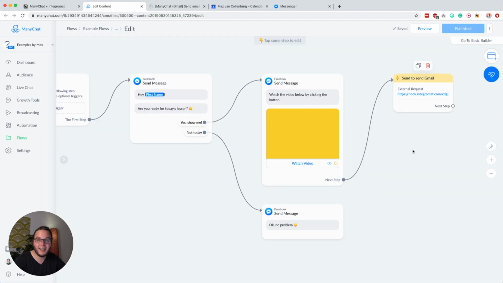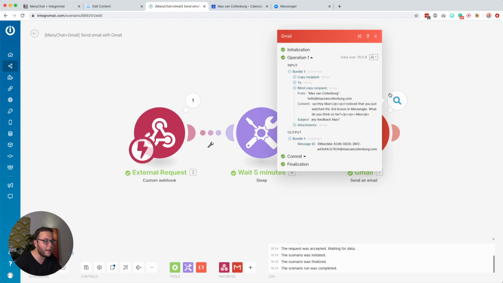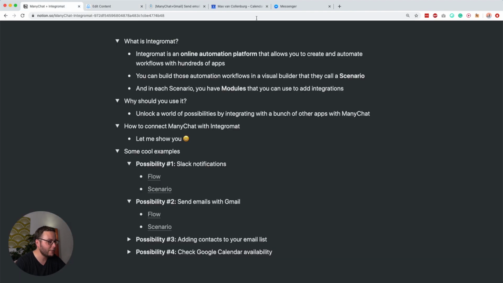I really like to use this, not too often, but just here and there to make my whole funnel seem a bit more personal, because I would really like to send all these emails manually by hand, but I just don't have the time for that. I just want people to know that they can reply to my emails, right? So that's why I do that over here. I find that pretty cool. So that's how you do that.